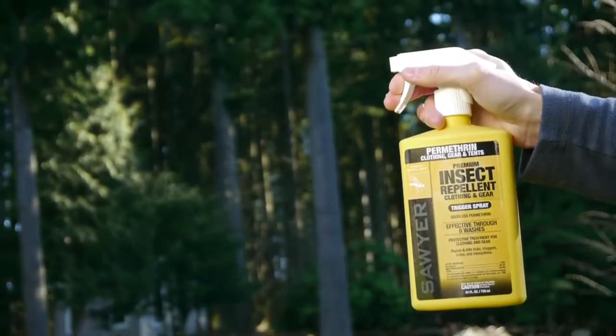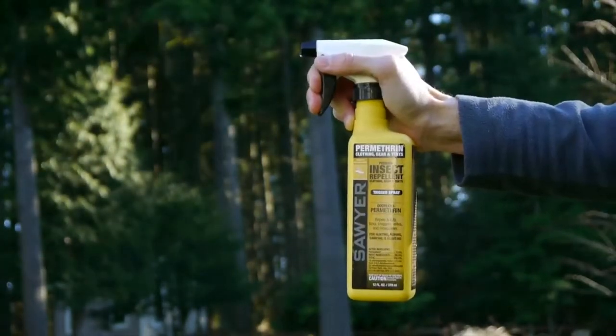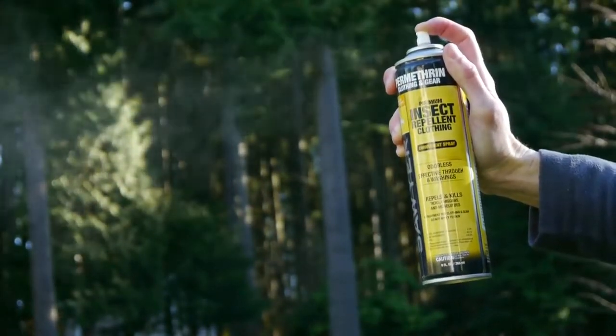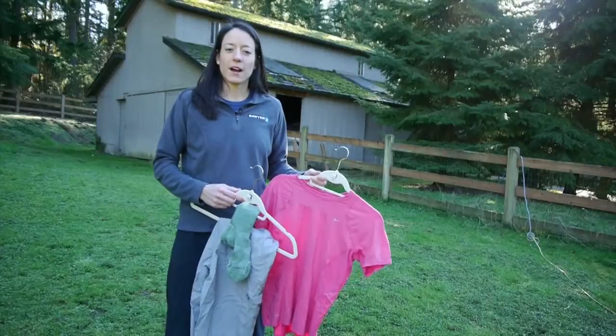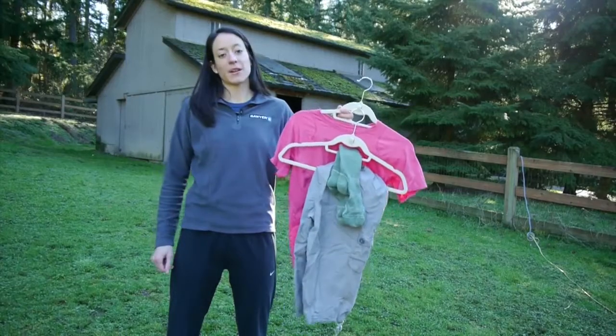Our permethrin comes in various sizes. A 24-ounce trigger spray that can treat 4 complete outfits, which is the best value for your money. A 12-ounce trigger spray that can treat 2 complete outfits, and a 9-ounce aerosol spray can. A complete outfit consists of a shirt, pants, and pair of socks, and each garment needs 3 ounces of permethrin